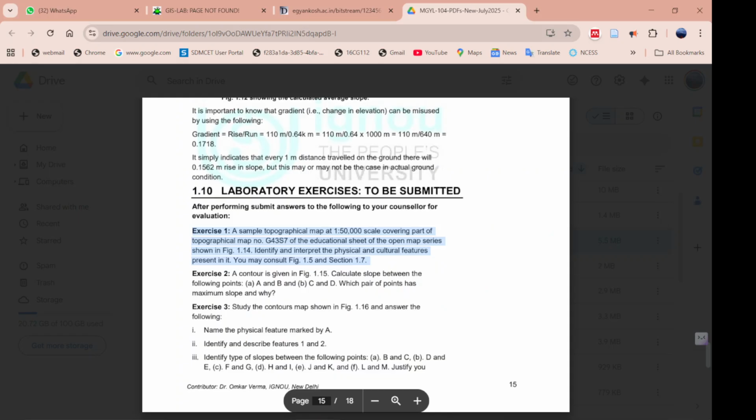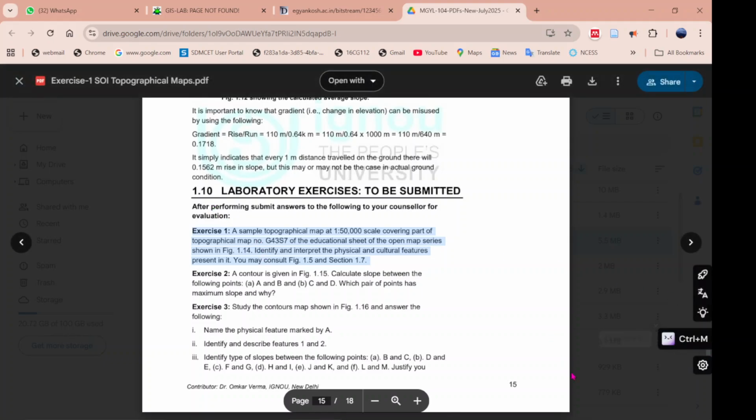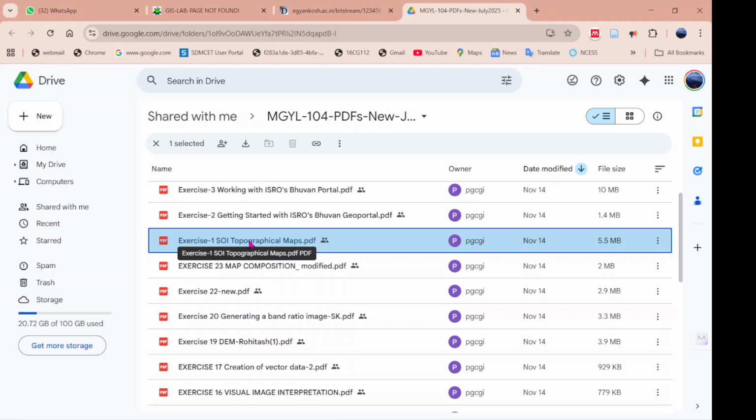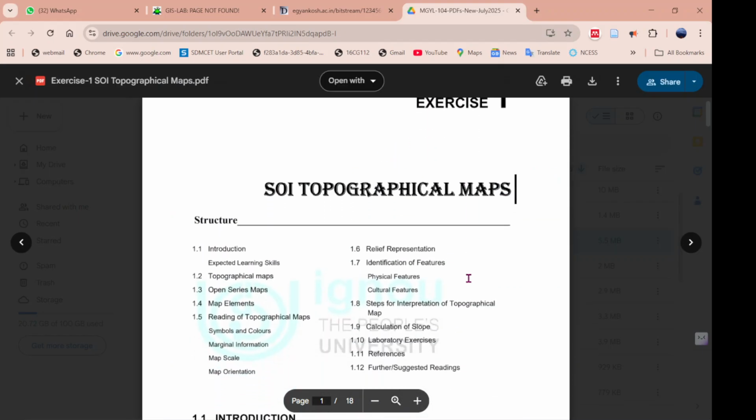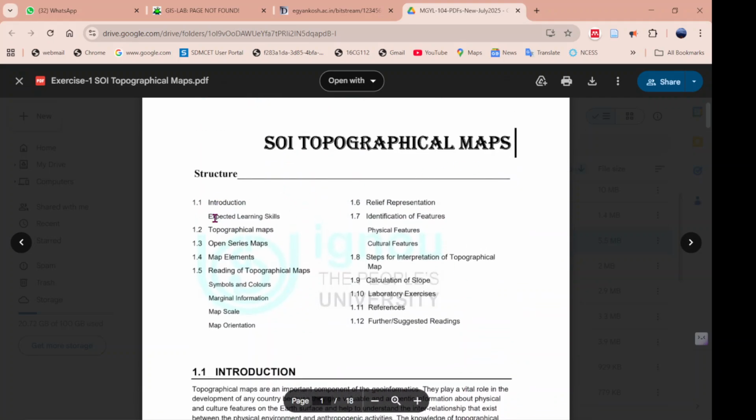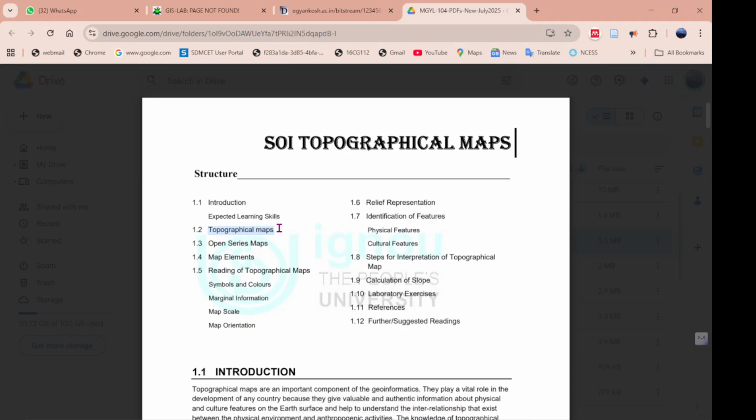Hello, everybody. We will take up the first laboratory exercise, that is exercise 1, SOI topographical map. Now, this particular exercise basically gets us acquainted with what are topographical maps, from where we can download open series maps, what are the different map elements, then how to read topographical maps, that is, what are the different symbols and colors that are used, or some marginal information, map scales, what are map scales, what is map orientation, relief